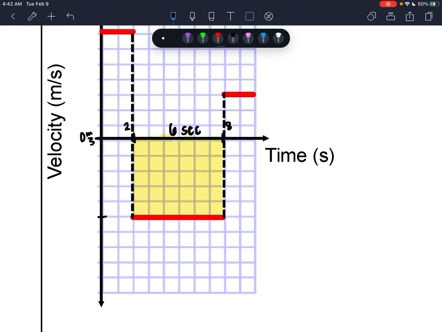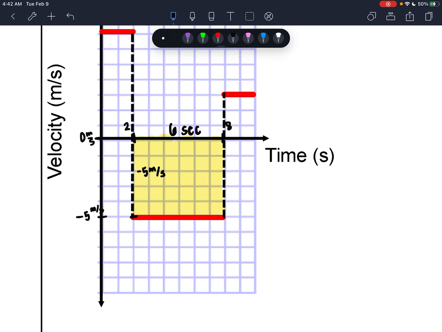All the way down here to negative 5 meters per second. So what does that mean the height of my rectangle is? It means that it's a negative value. What? You can have that? Well, when we're talking about vector quantities that have direction associated with them,